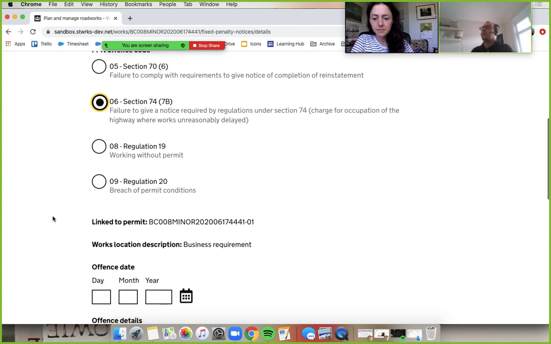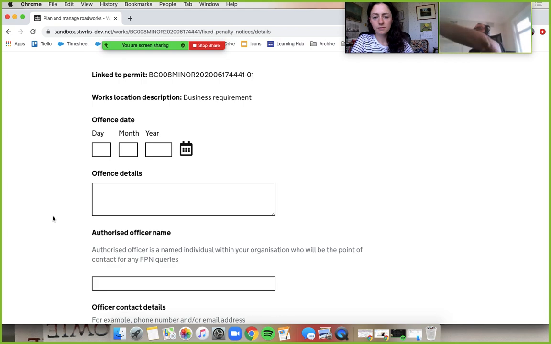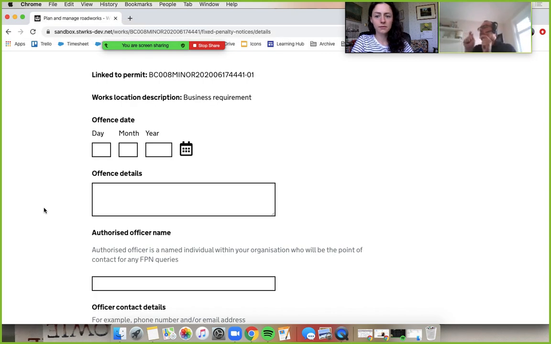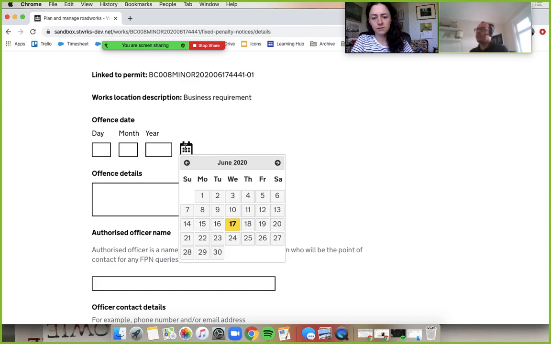Okay. And you can see here linked to permit. That's new, Kat. And we're saying it's this particular permit -01. It could be -02, -03, depending on how many times this permit's been gone through different phases or been refused. So we do that link for you automatically. We've pulled through the works location description. So if you do the offence date for me, which can be today's date,